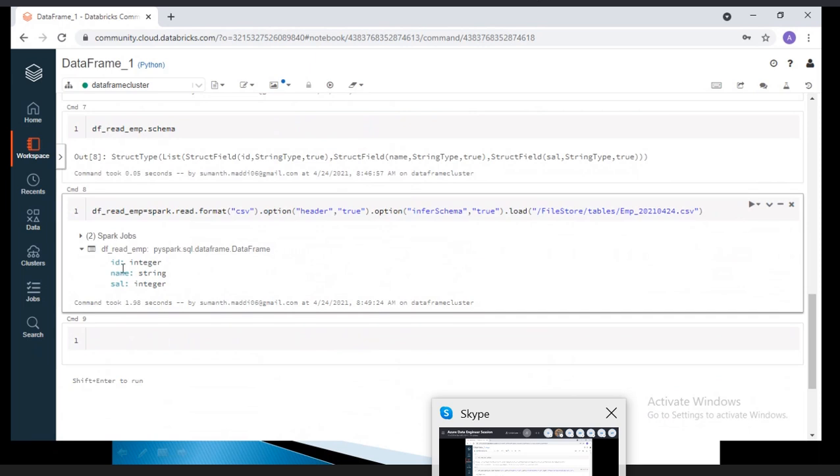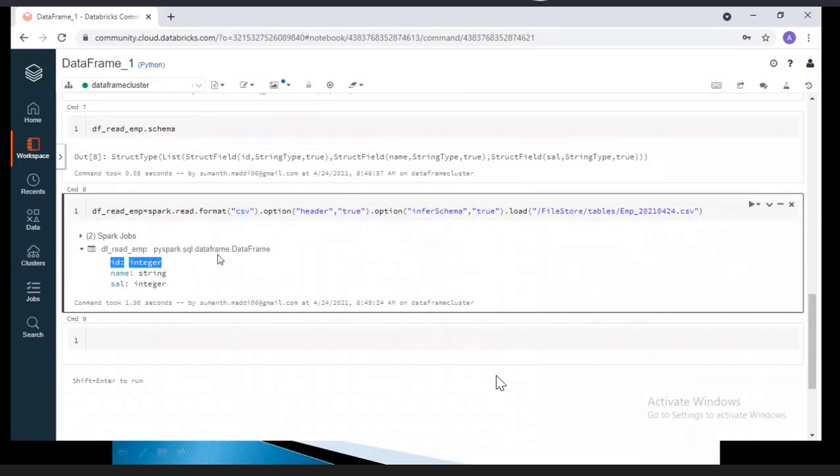But here you're able to see that, based on your data, it is creating the data types. I want to inform my CSV module, please create the data types based on your data.